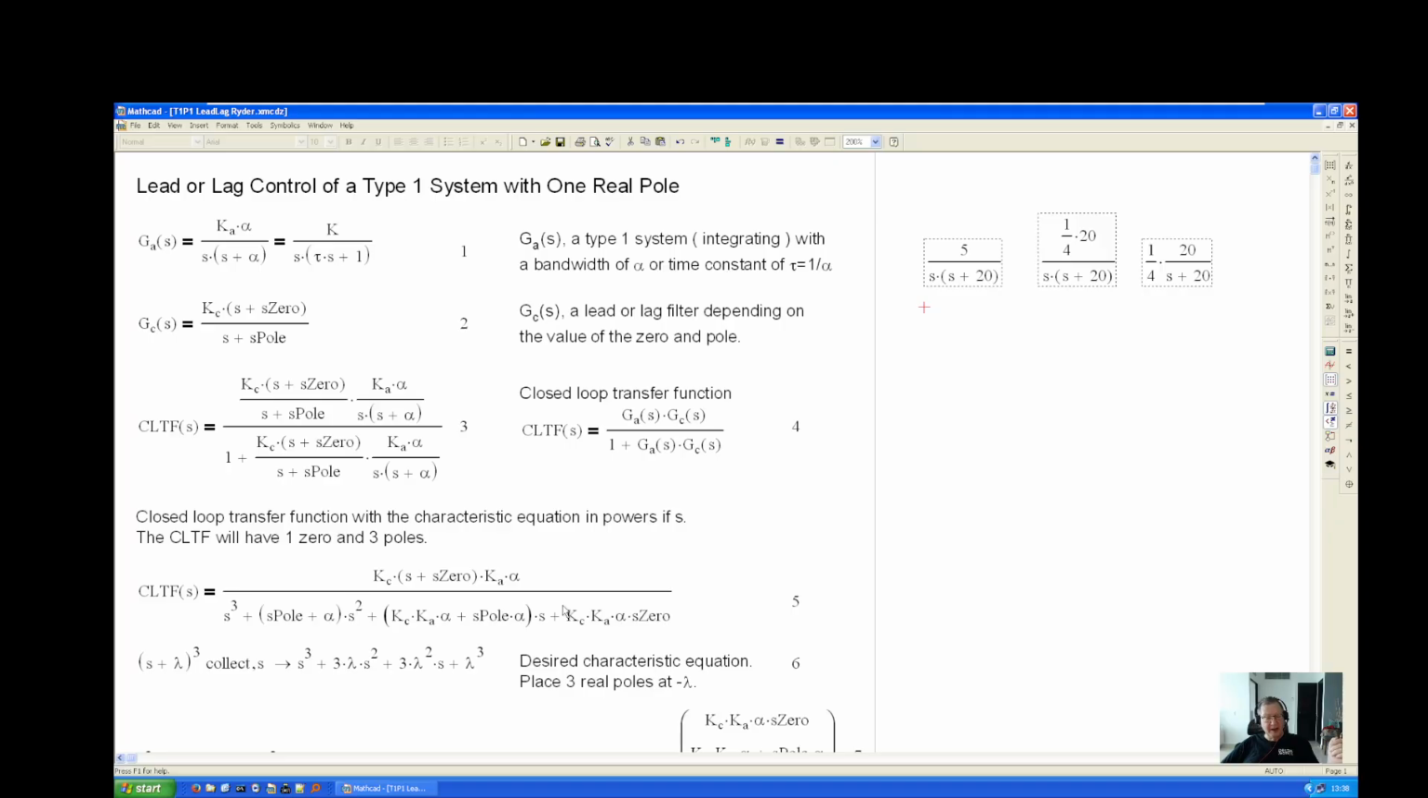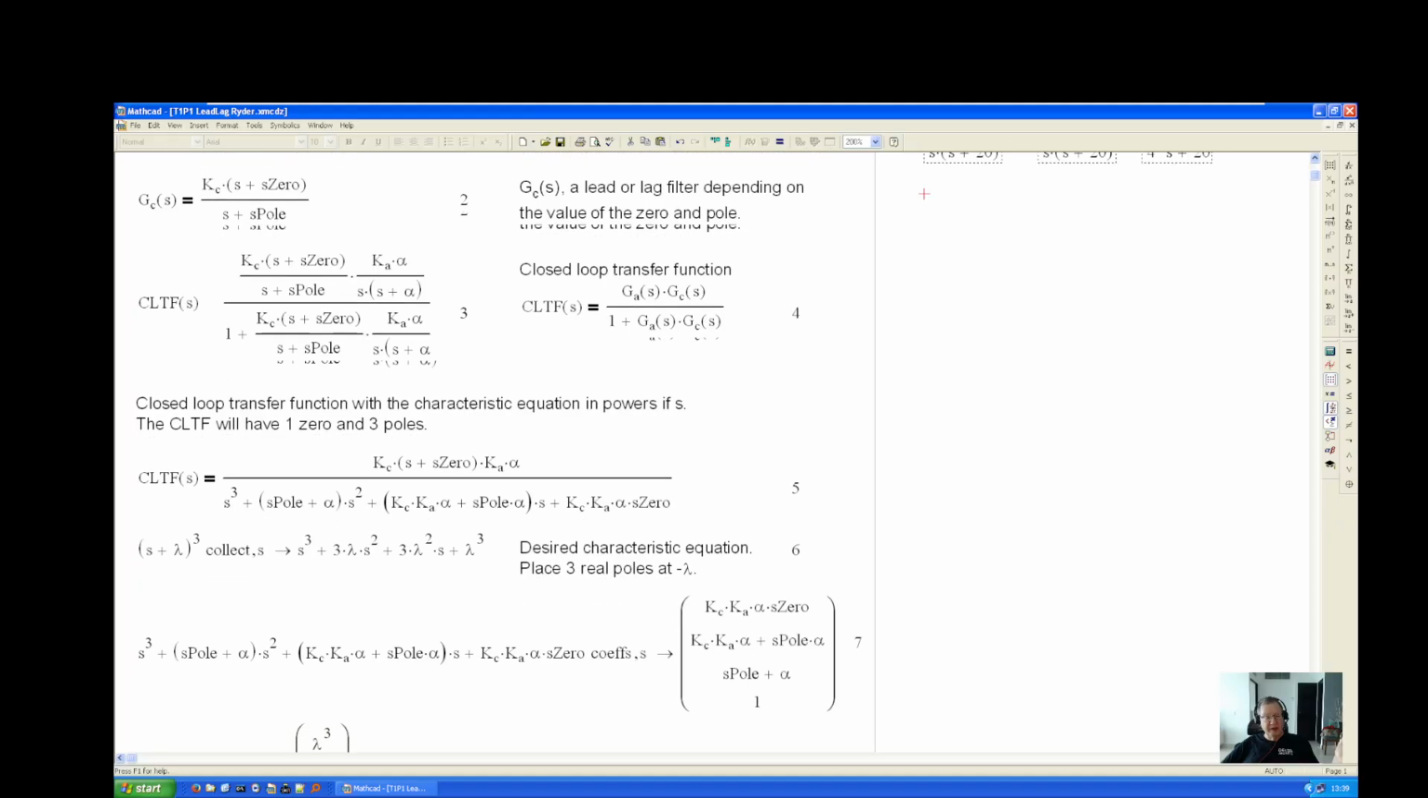And this is simplified. And the big thing is that this is the characteristic equation. Or no, it's closed loop, obviously, because there's gains here. But it's the characteristic equation that you have to work with. And this is the desired characteristic equation. And what I desire is to place 3 closed loop poles at minus lambda. So to do that,